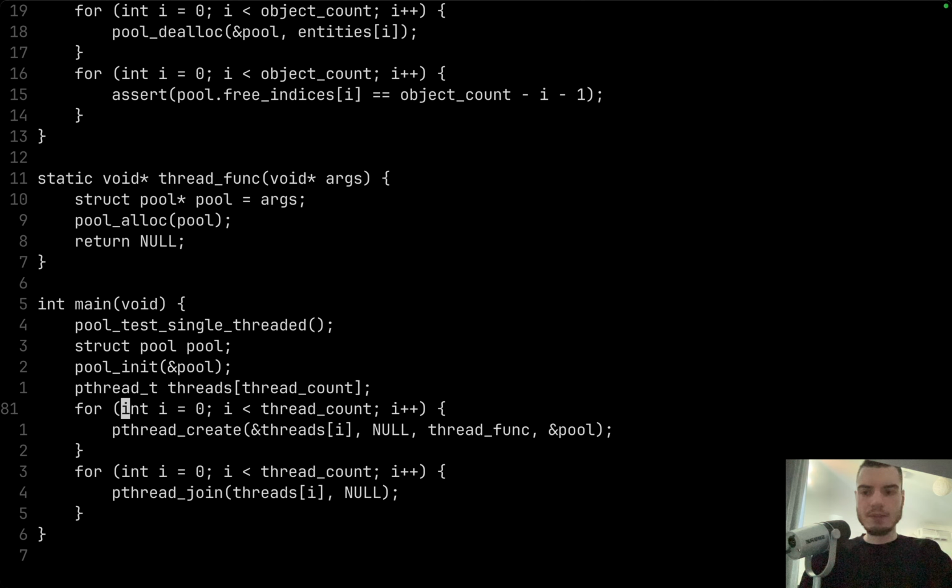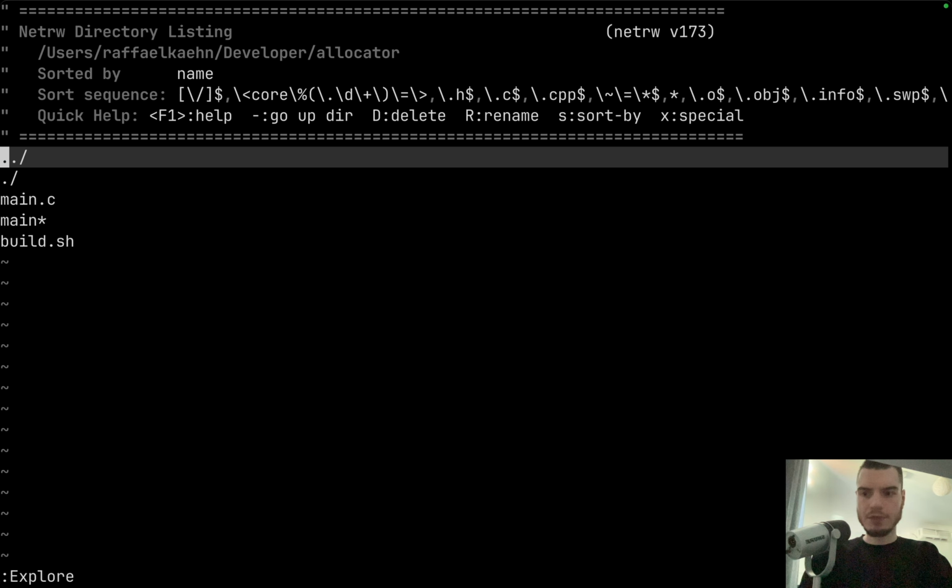What we've then done is we also wanted to test if our allocator still works in a multi-threaded scenario. So we've just created a bunch of threads, and we started those threads with thread func as their execution function, which is calling alloc. And then we're waiting for that execution to end. And we've run all of that with, let me just show that as well,